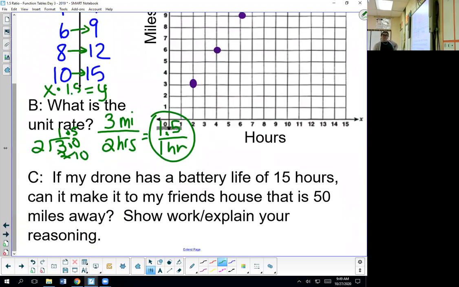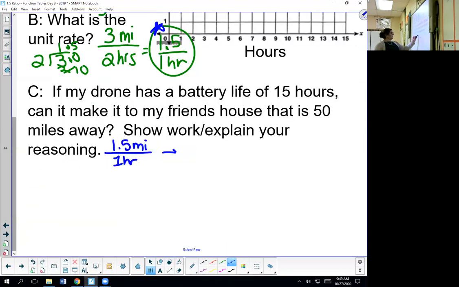So how could you do that? Well, you got to look at a couple different things, okay? Let's look at the unit rate. If I can go 1.5 miles in 1 hour, I only have up to 15 hours to get there. How much is it going to take me to get there if I take up the whole time? When you multiply to see where we're going to get, where are we going to get to? Well, if you do 15 times 1.5,